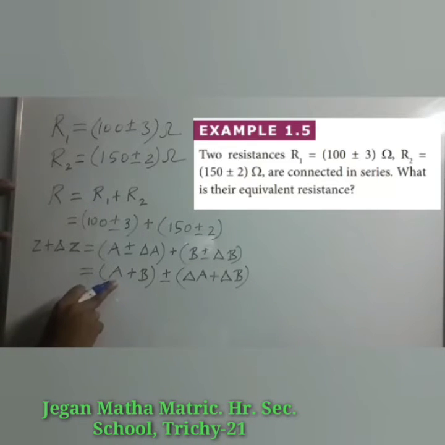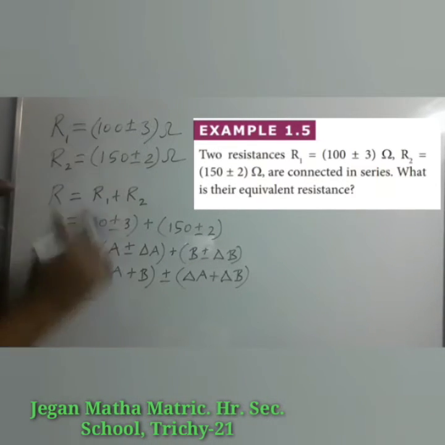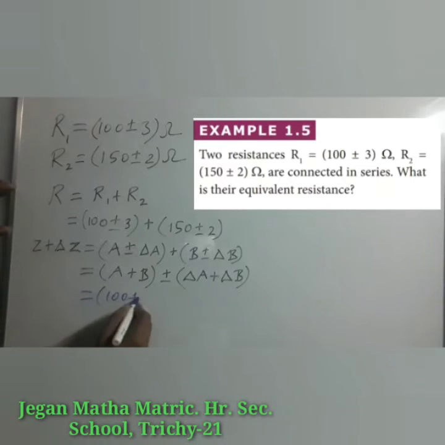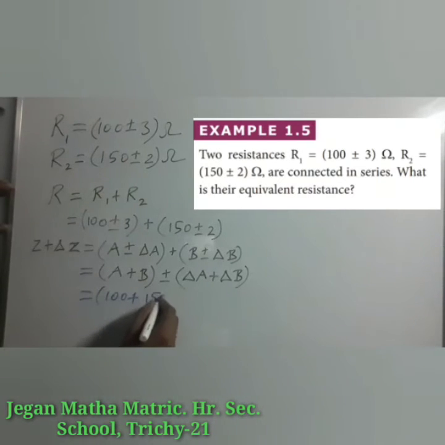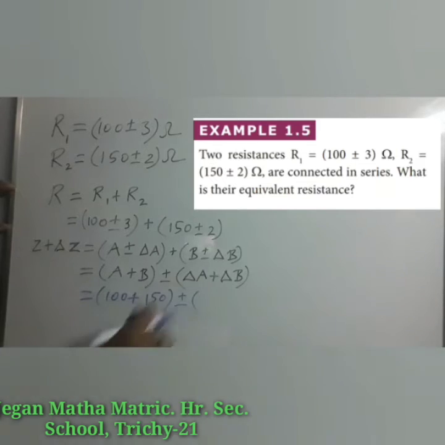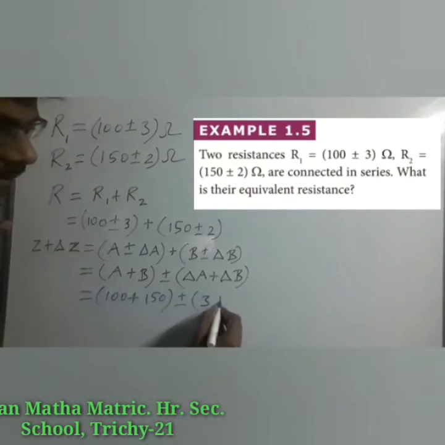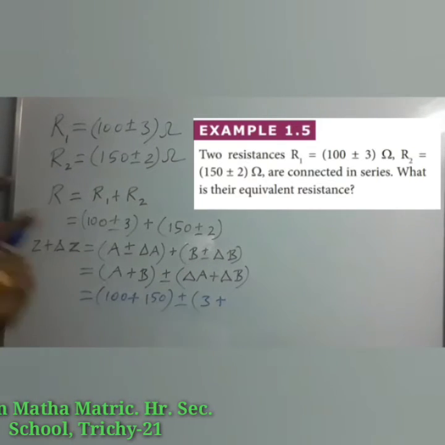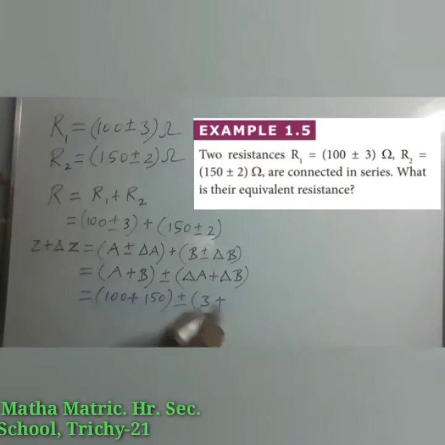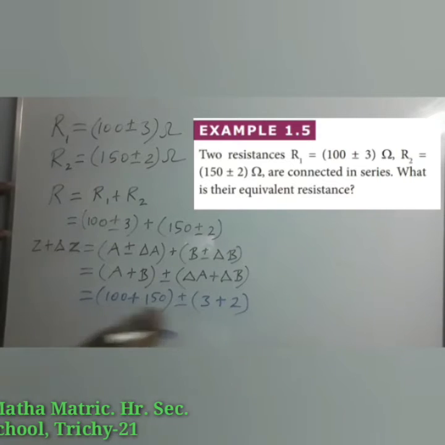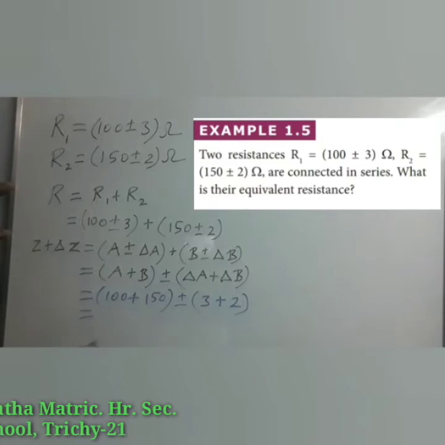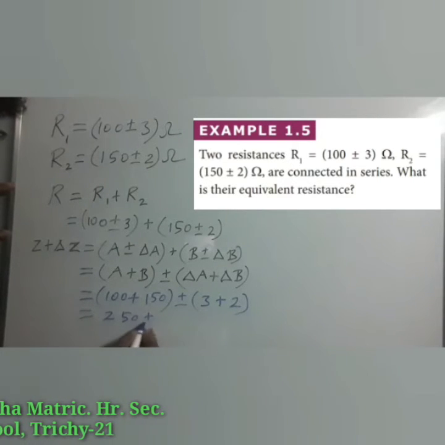What is the value of A? A is the first quantity, nothing but 100, plus B is the second quantity, 150, plus or minus del A is the absolute error in the first value, that is 3, plus del B is the absolute error in the second value, that is nothing but 2. So here simply you can add: 250 plus or minus 5